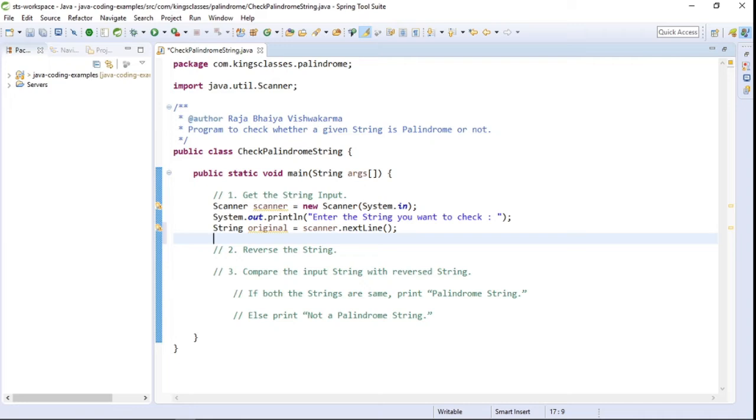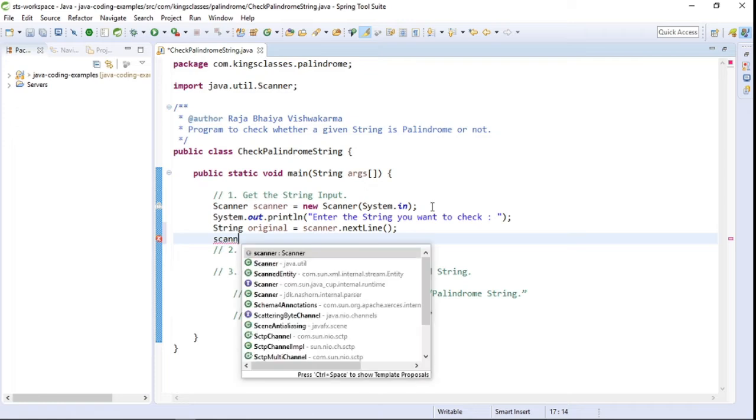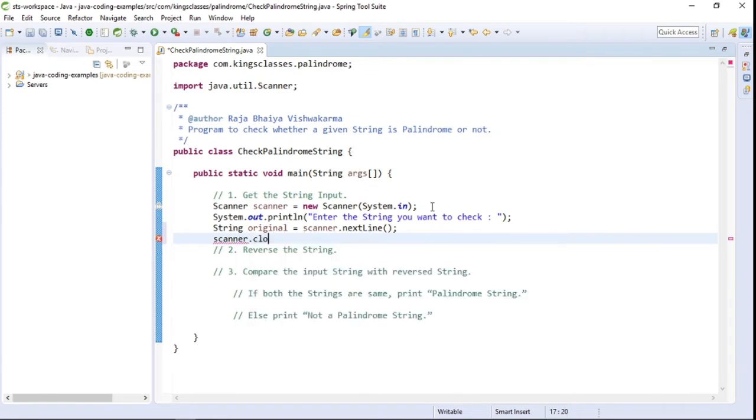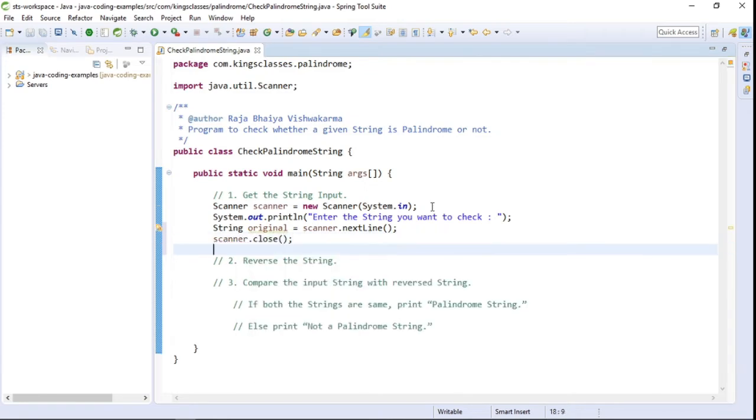Okay, so till now we have accepted the string from the user and assigned it to the original string variable. As we have got the string, now we will close the scanner. Okay, so this is it. We have completed the first step. We get the string input from the user.